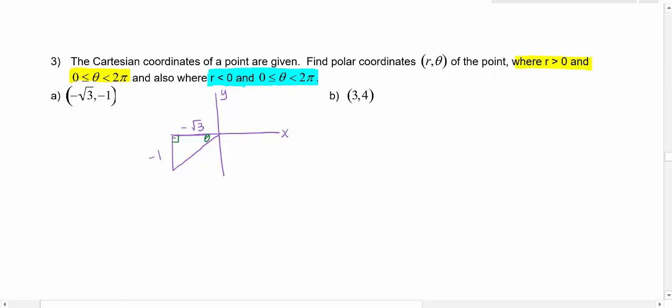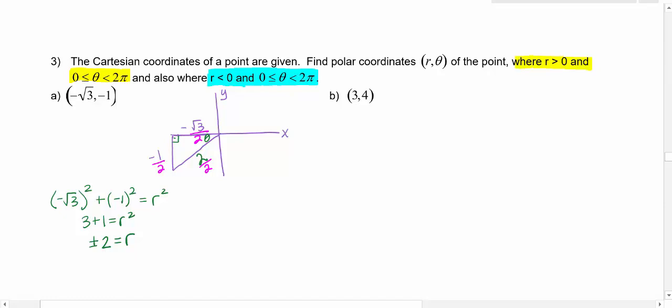Well, I know the Pythagorean theorem, so I can just use that. Negative square root of 3 squared plus the quantity negative 1 squared equals that radius squared. So it's 3 plus 1. So I do have plus or minus 2, right? Square root of 4 is the radius. And again, square root of 4 is just 2, but I get the plus or minus because of the r squared. So I'm just going to call this 2 for now. And no matter what it is, I like seeing the radius or hypotenuse as 1. So all I would do is just divide by whatever that is,